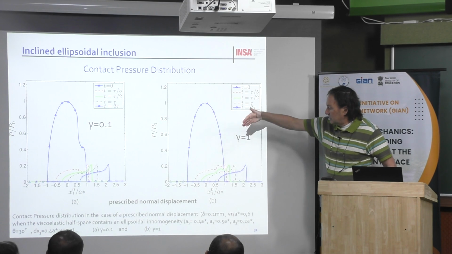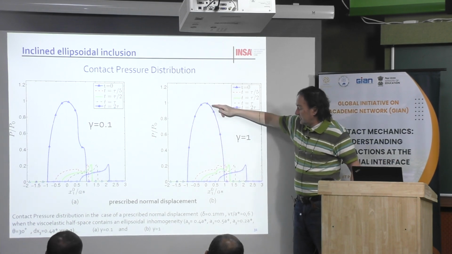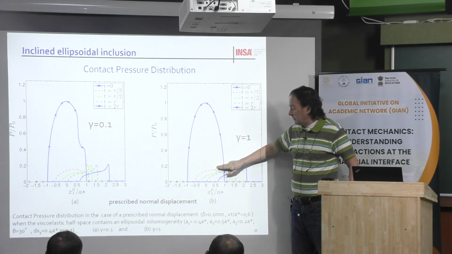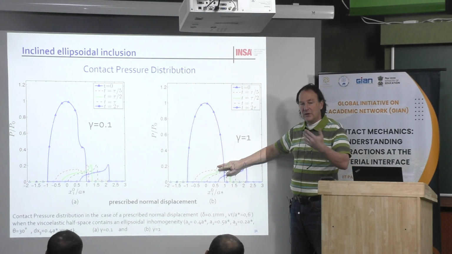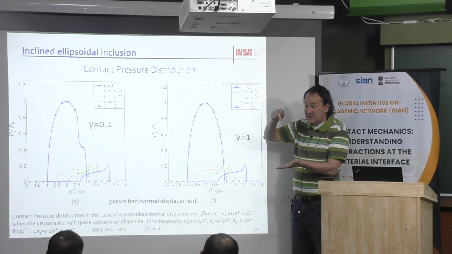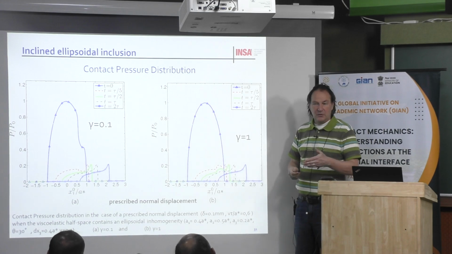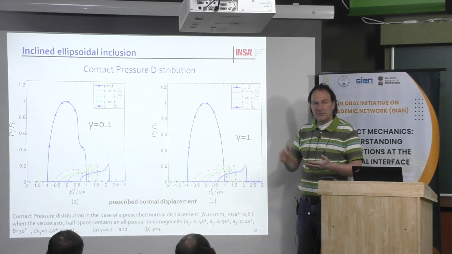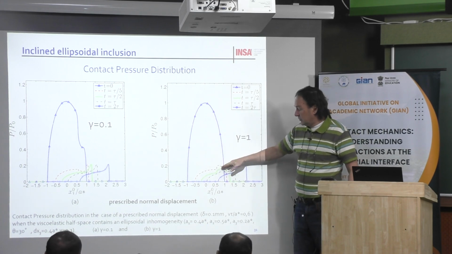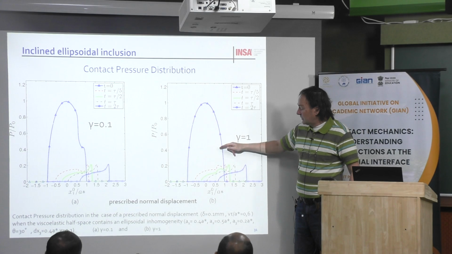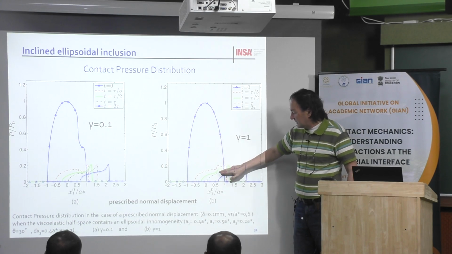However, when the ball starts to roll, you can see very quickly a very sharp decrease of the pressure, which is due to the fact that the material relaxes, and because you impose a displacement, the corresponding load decreases by 2, 3, 4, 5. It's a very, very strong decrease. And because the material relaxes, this time the Young modulus of the inclusions will become larger than that of the matrix, and you can see it here.